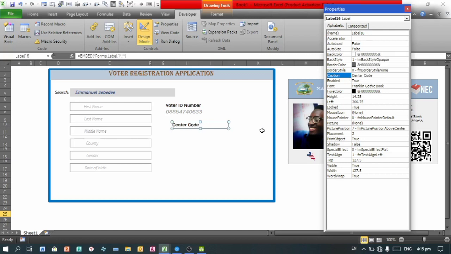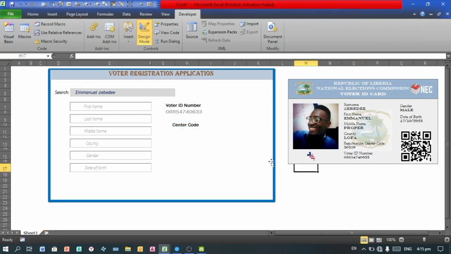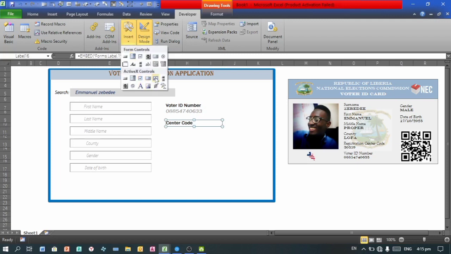Alright, hit OK, and then it seems to be okay. I can now remove this. Alright, I'll center code here, and then over to the developer tab, I will hit insert. I want to insert a text box there,